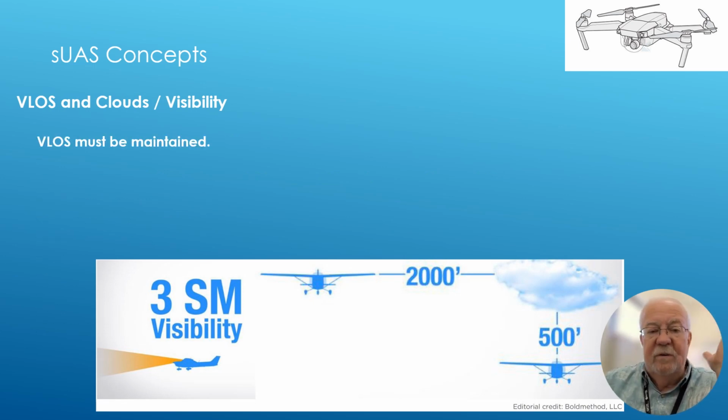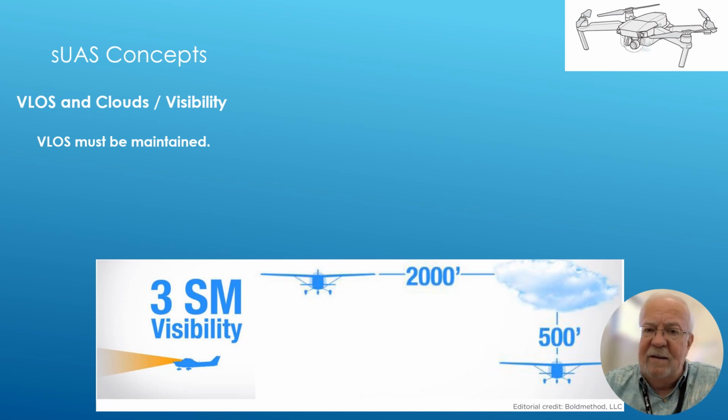Okay, so switching gears, clouds and visibility minimums. We have this diagram from the FAA. Whenever unmanned aircraft operations are being conducted, visual line of sight must be maintained between the crew and the UAV. Remote PICs are ultimately responsible for separation from other aircraft, which can only take place if the aircraft are spotted in time to avoid them. So before launch, we must determine the visibility from the ground control station. It needs to be at least 3 miles or greater.